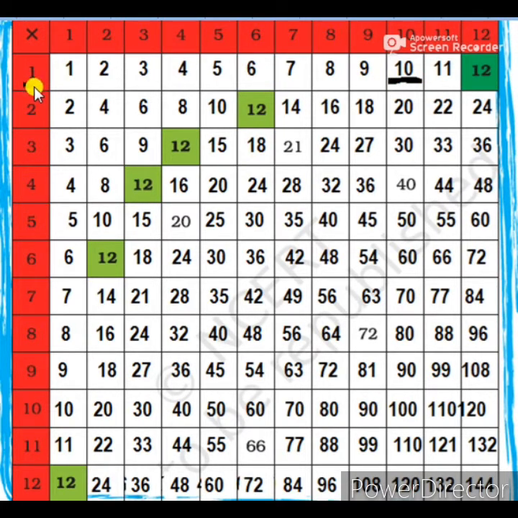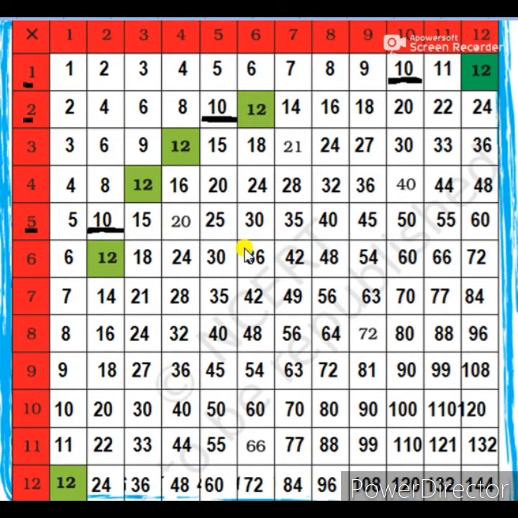Another one, the second table, of 2. 2 fives are 10. So 10 is the 5th multiple of 2. So 2 is also a factor of 10. Now in the third table there is no 10. Fourth table, there is no 10. Fifth table, that is the second multiple of 5: 5 twos are 10. So there also we got the multiple 10. So 5 is a factor of 10.